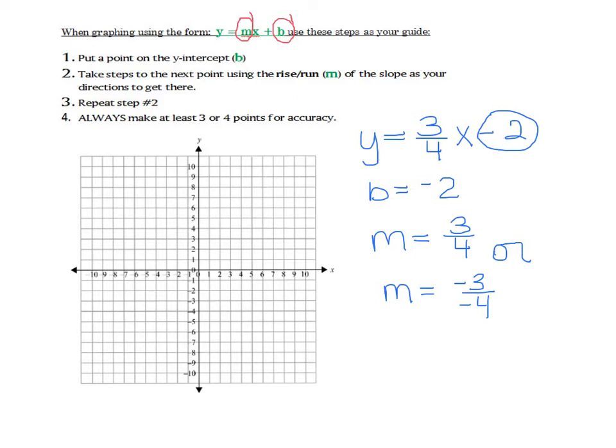So my starting point on my graph, remember we said put a point on the y-intercept of b, so let's do that first. Our y-intercept is b equals -2, so let's find -2 on the y-axis and put a dot. Use our rise over run of our slope to find subsequent points. Our slope says that we need to rise up 3